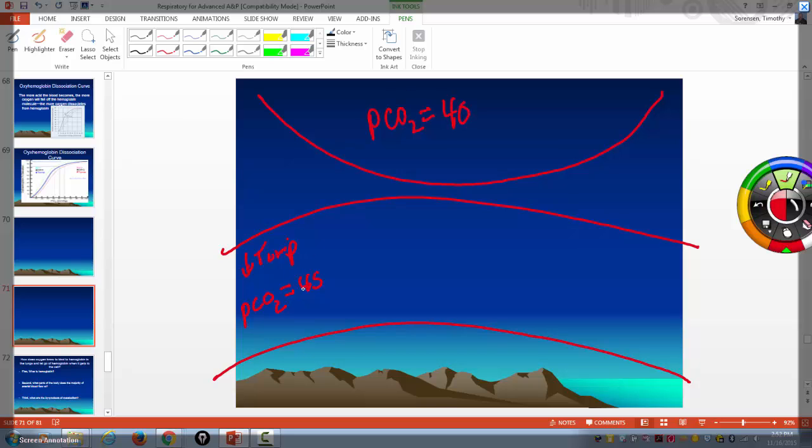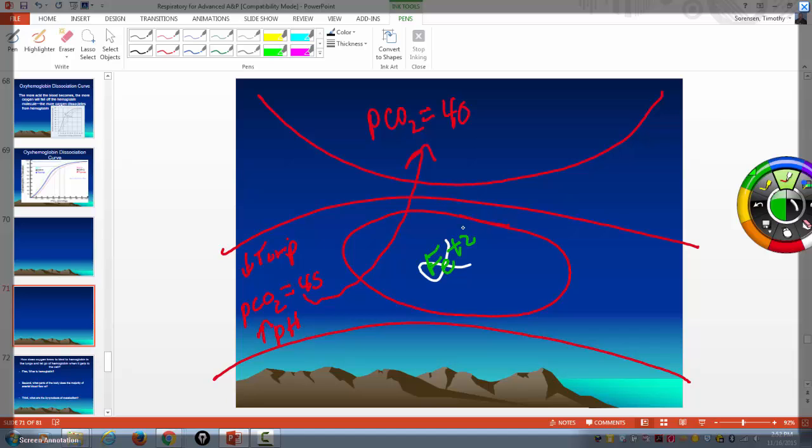So if you are getting rid of CO2, you are getting rid of acid, what's going to happen to your pH? Your pH is going to go up. Are you following me? And because proteins are temperature and pH sensitive, that red blood cell with that hemoglobin and that iron embedded in that hemoglobin